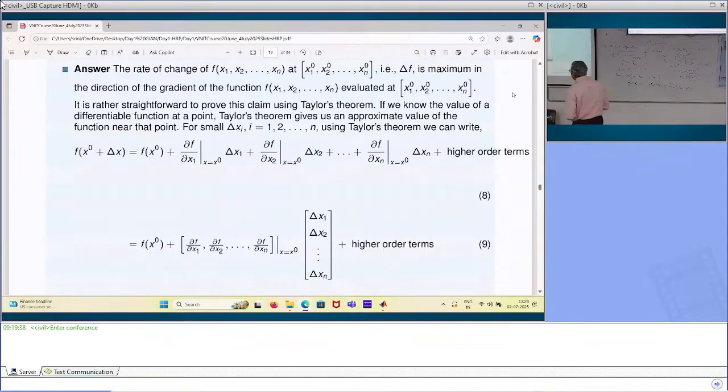So, when will they be perpendicular to each other? They will be perpendicular to each other